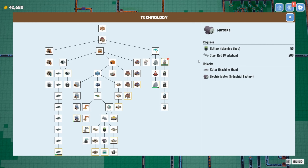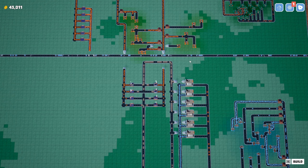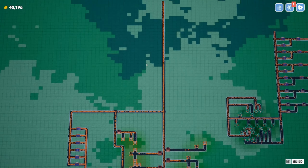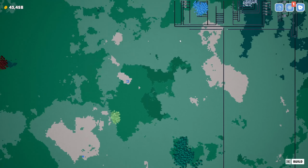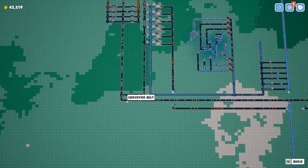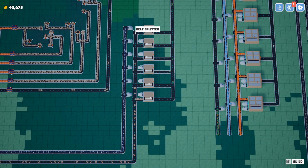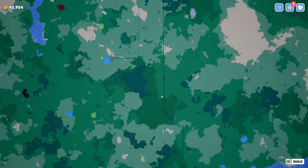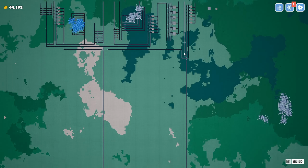I'm still gonna try to maintain faith that we can get by without adding duplicate lines of a bunch of productions. But looking at this wire, I'm thinking, oh man, I could just dip into this copper here, send down a whole new belt of wire and feed it in over here somewhere, maybe over this way. And we'd have a whole bunch more logic circuits, right? And that would take care of our problems. Boy, I'm tempted to do it. In fact,